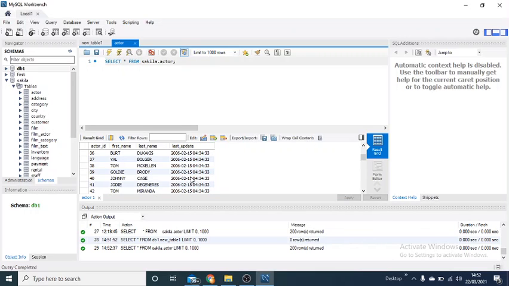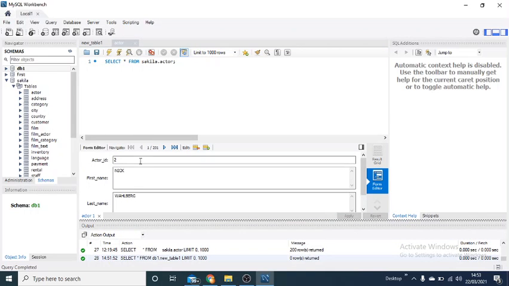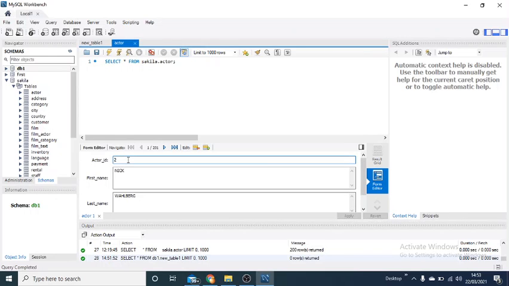Understanding it further, in this particular panel you see the result grid, which indicates the records available in the table. Then there is the form editor, another area by which you can directly update this table. Let's say you want to update this table: you just come to the form editor and change the values here. Let's say I'm changing record number 2 from nick to nick 1.